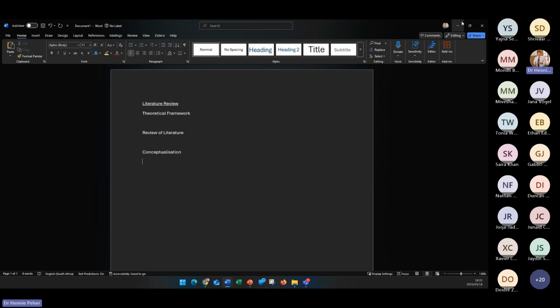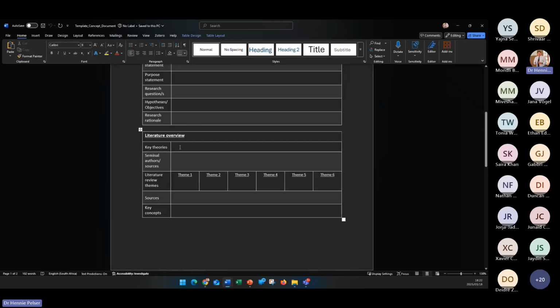So the theoretical framework, when they ask here for key theories, now in the past I've always been a bit pedantic and demanded that people have two theories. I've been told that I'm a bit hard and fast in this. For me, if you're doing quantitative research, you have to have two theories. I would stay away from rubbish theories like Maslow and Herzberg and that kind of horse manure. We're not doing those anymore.